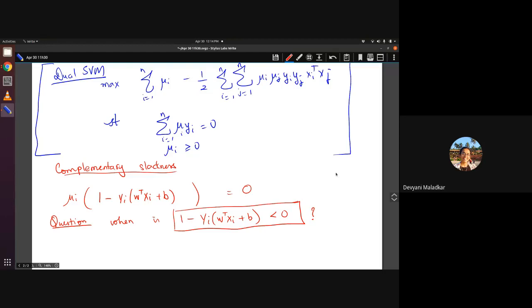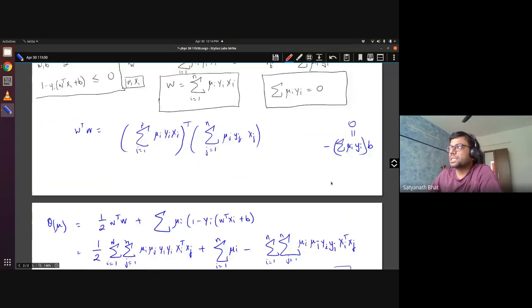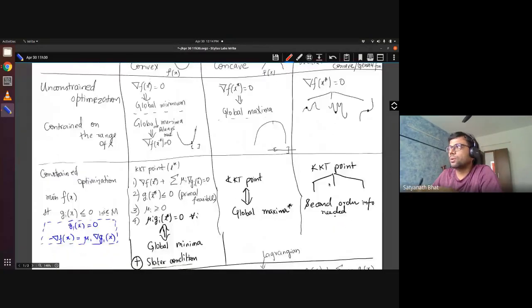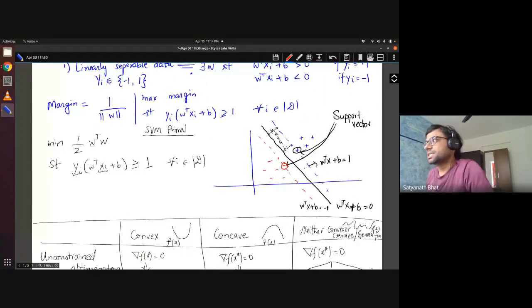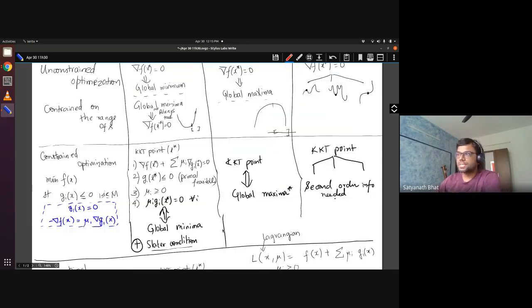All points in the domain that don't lie on the margin. Yes. So if it is strictly less than 0, if you come back to the original problem, it is exactly equal to 0 when you are lying on the margin. So when it's exactly equal to 0, yi times (w transpose x plus b) is equal to 1, correct? On these 2 points, either it is equal to 1 or minus 1, but since yi can be plus 1 or minus 1, this becomes 1. So when you are on the margin, you have equality, no slackness. But if you are in the interior, the mu i's are 0.